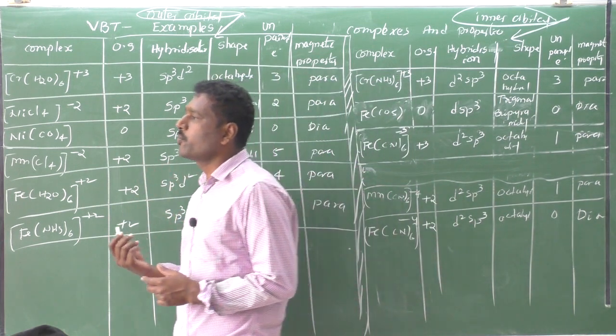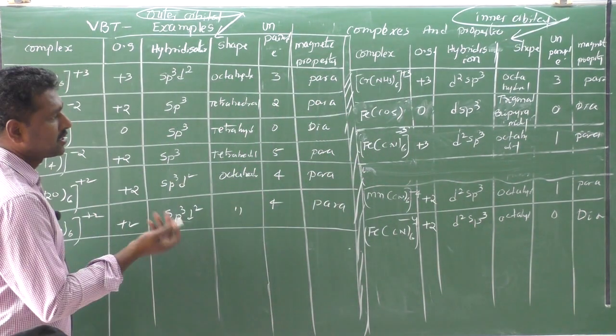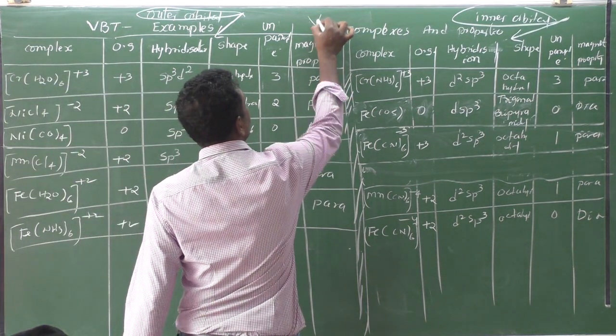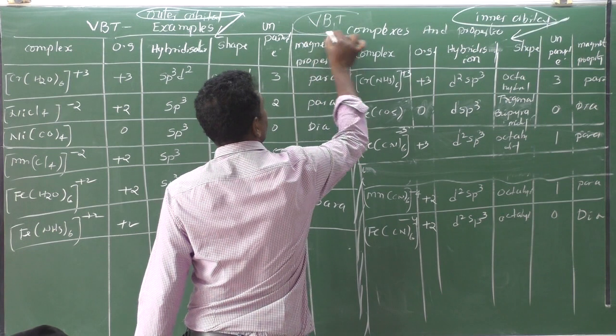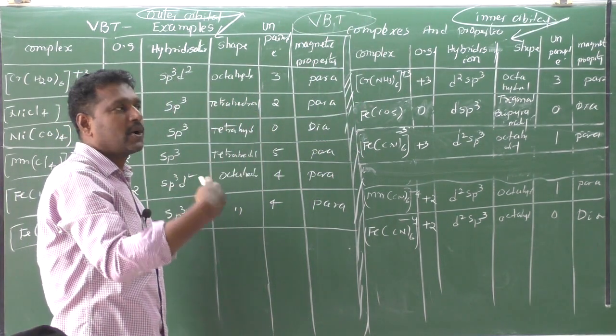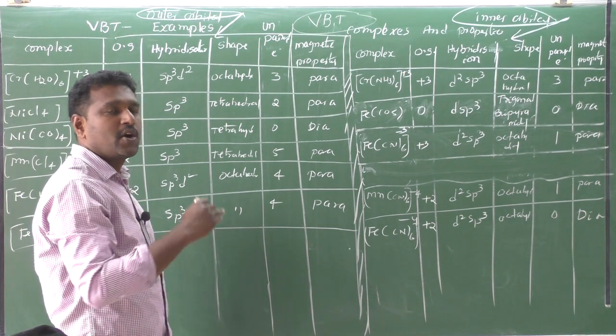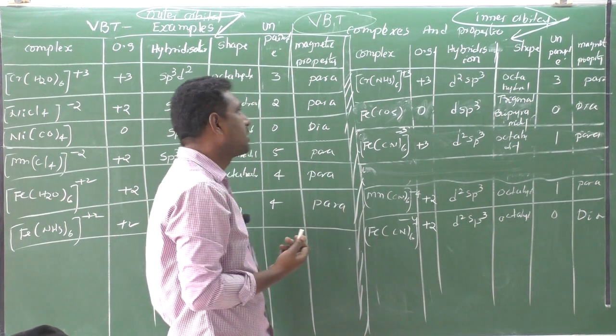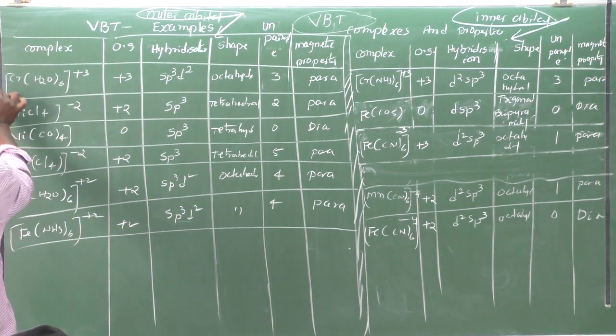Here we are taking a few examples, their structures and magnetic behavior. It is based on VBT only, Valence Bond Theory, which is explained. I have already given the inner orbital complexes and outer orbital complexes. Here we are discussing a few examples. Here, first example